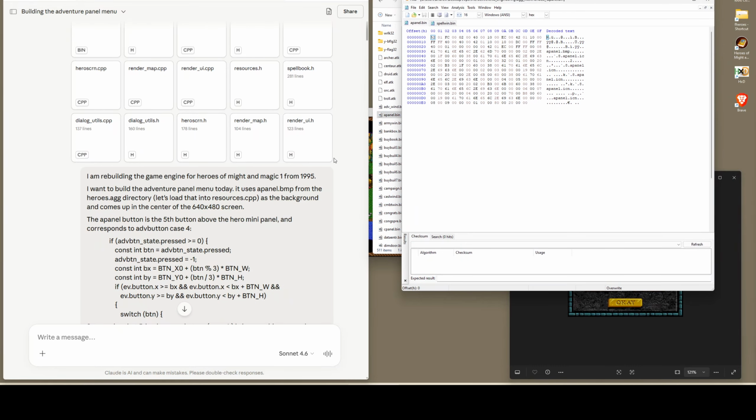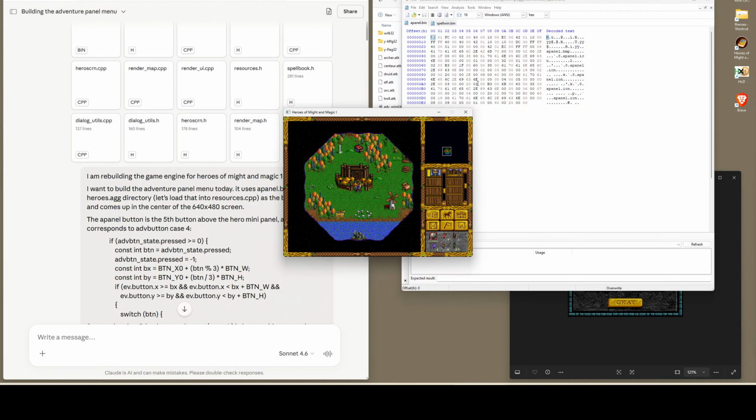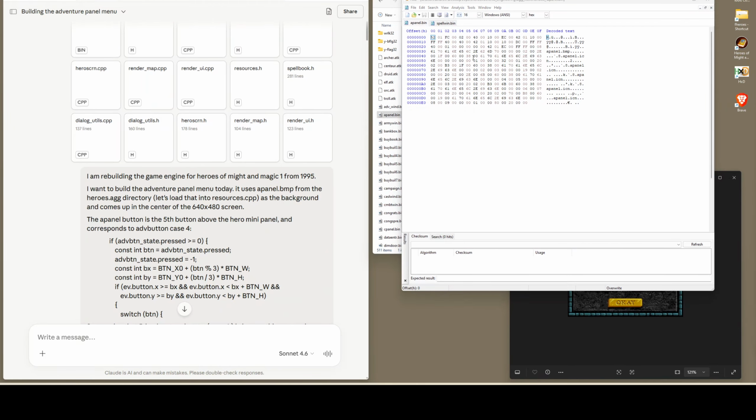I dropped the A panel .bin into just a basic hex editor here. The basic hex editor shows me if there's ASCII text, it shows me what some of that is. So I can see that I have this apanel.icn. I know that there's 5 buttons. This is the background apanel BMP. There's 5 buttons. And then we see,